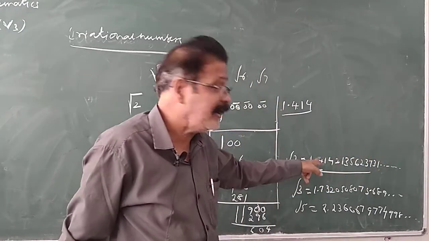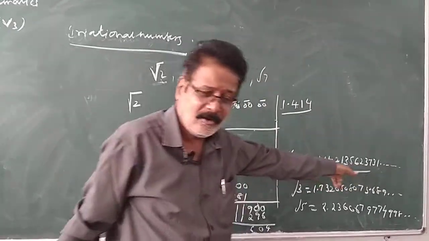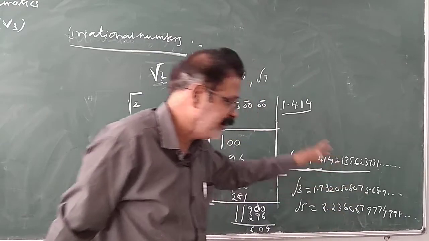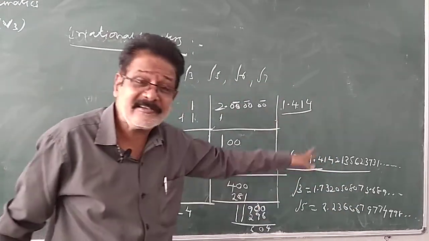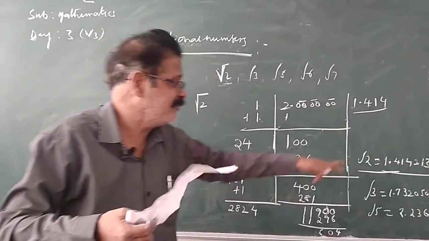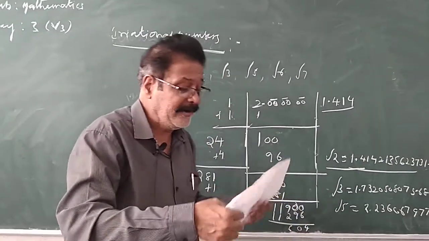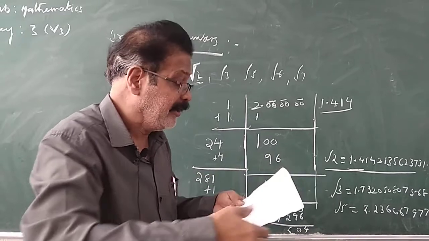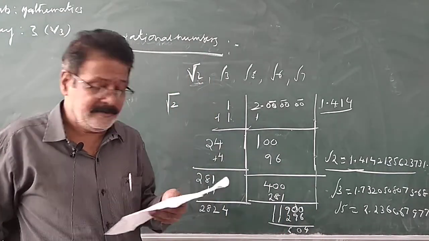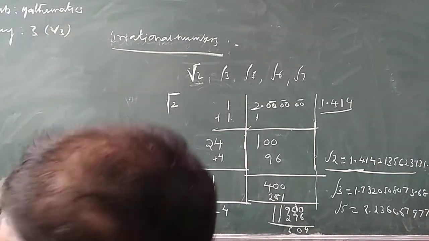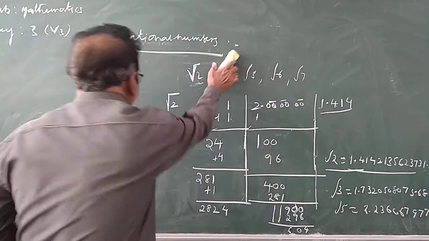And it is also non-recurring. No digit is repeating here. So it is not a terminating and not a recurring decimal. That is why such numbers are called irrational numbers. This is root 2, root 3, root 5 and so on. Next, in the 5th century BC,